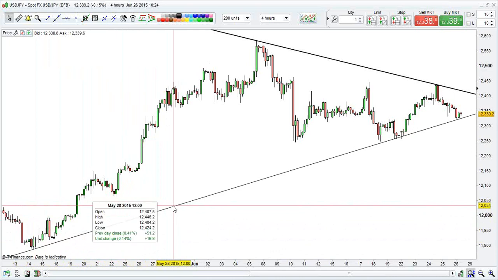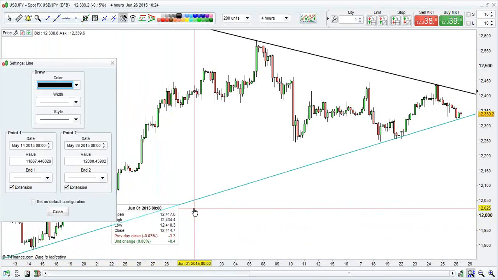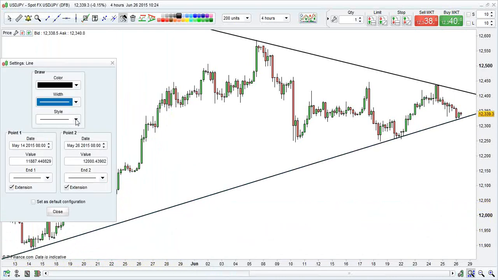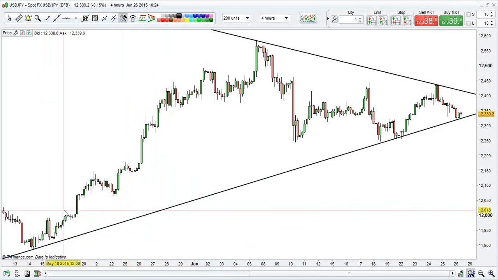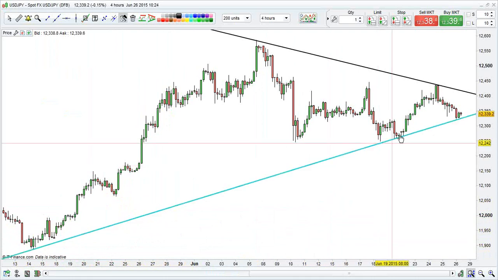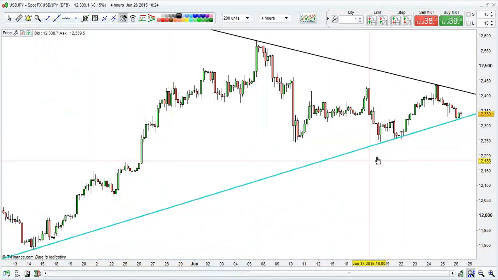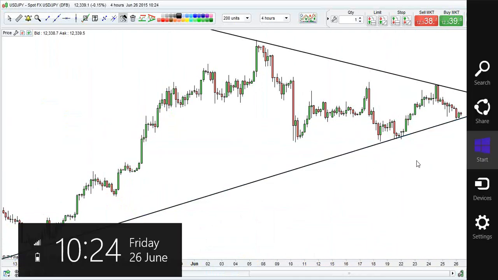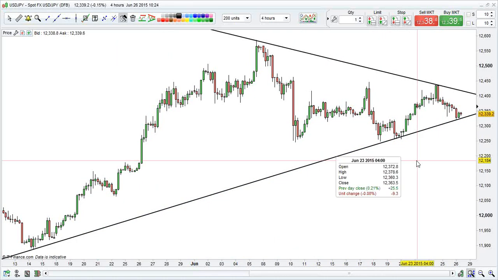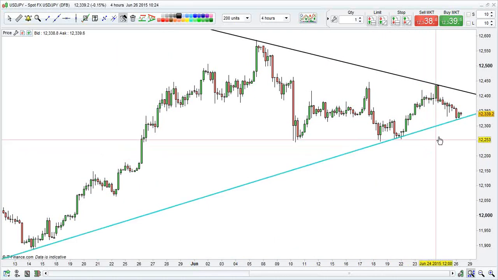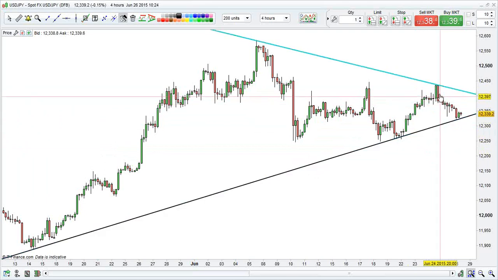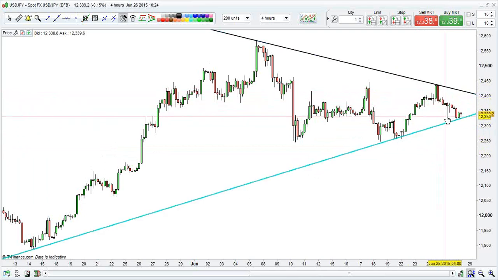And again, we can configure it and just make it that bit wider and close. So again, from our monthly all the way down to our 4 hourly, we're still in an uptrend, but as you can see, we're testing it because you're getting into your day trading here now, on your time scales. But we're still, as you can see, on the correct side of the market, and we're getting into our tighter range. So we'll be talking about ranges shortly, but look, our range is getting tighter. But again, you're still in a valid trade on the correct side of the market once it remains above this